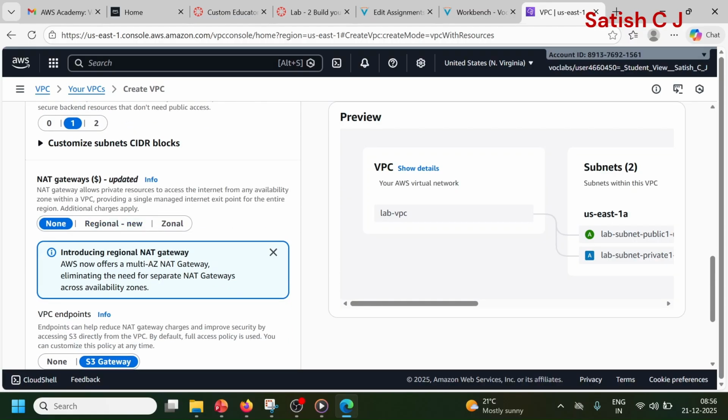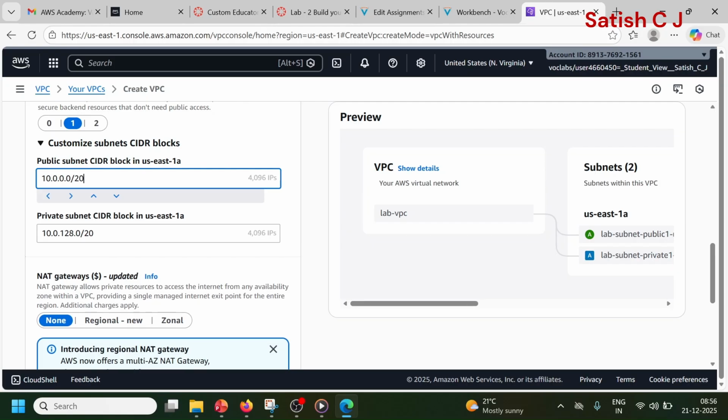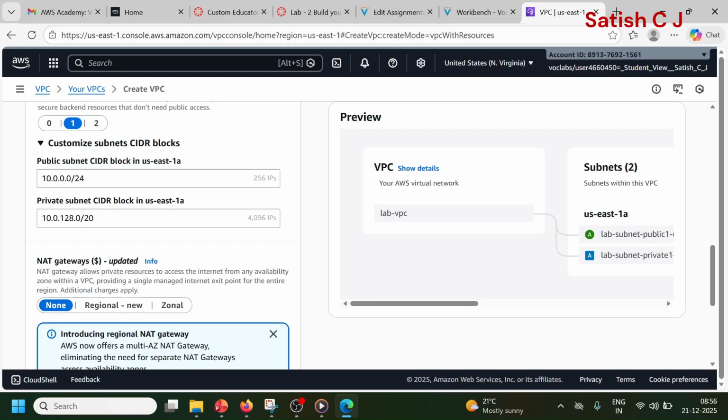So this is what we are going to select, and now we have to enter the CIDR blocks for our public and private subnets. So for the public subnet, the CIDR block is 10.0.0.0/24, and for the private subnet, it is